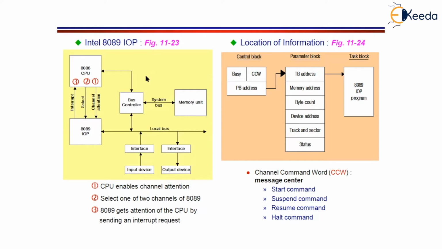Let us have a look at the figure. In the figure, we are using a system. Let us understand that this is a system. In our computer system, we are primarily using two processors. One is 8086, another one is 8089. 8086 is going to perform the regular computing task and 8089 is going to perform the IO processing, the IO tasks. What is an IO task?